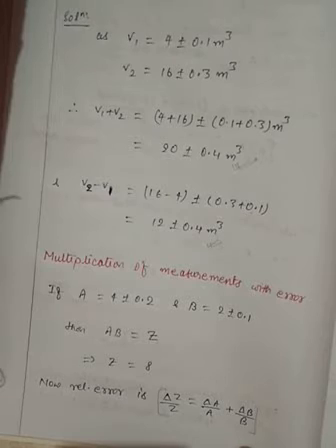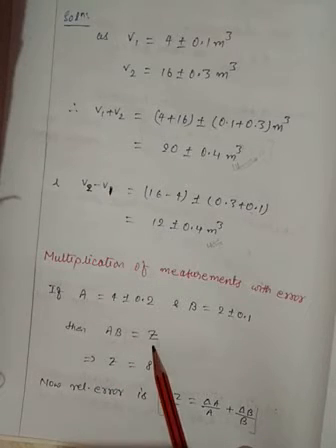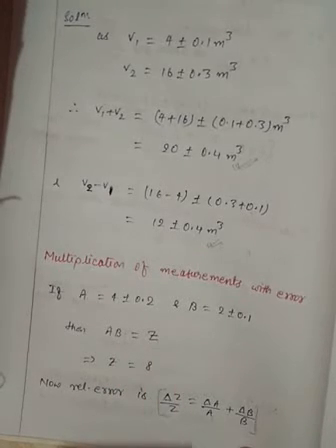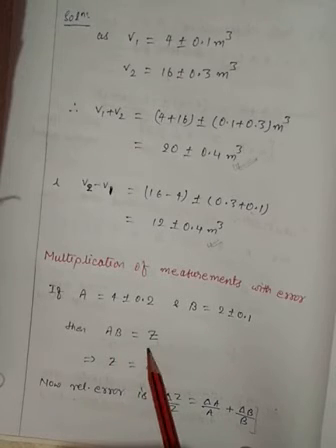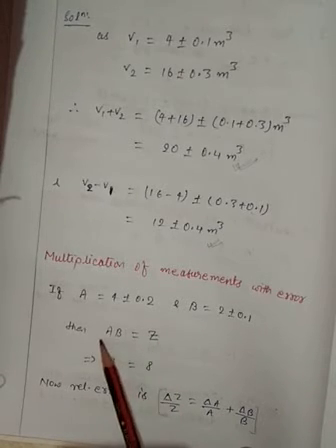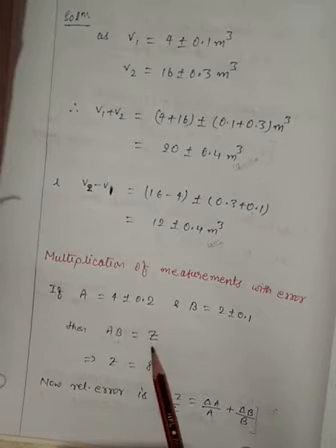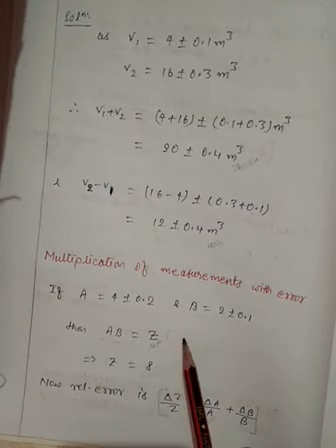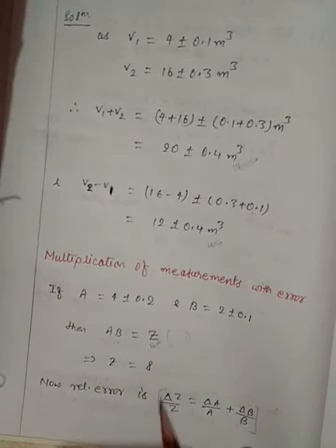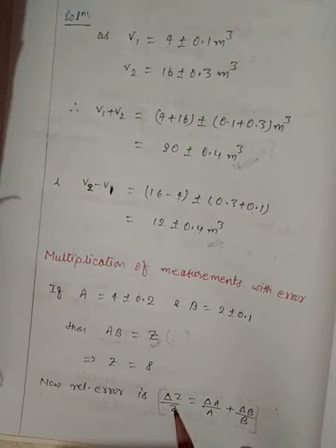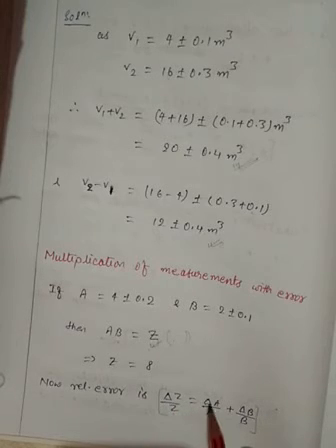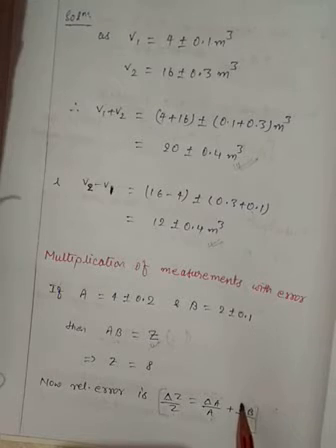Again I am telling you, any product can be represented as a certain constant, that constant we already know. So, the relative error will be on both sides. Now, try to understand, we are multiplying two values which are having error. So, whatever result we will get, it will also have certain error associated with it. So, on the same line we can say, we do not know what is the error, then relative error, that is the delta Z, the amount of the unknown error divided by the Z should be equal to error in the A divided by value of A plus error in the B divided by value of B.